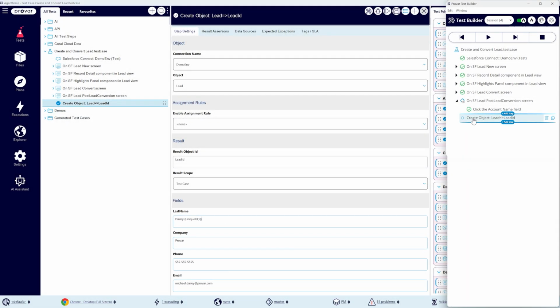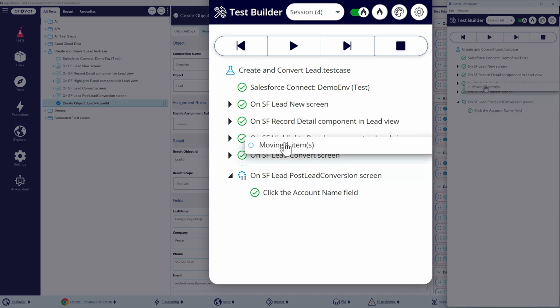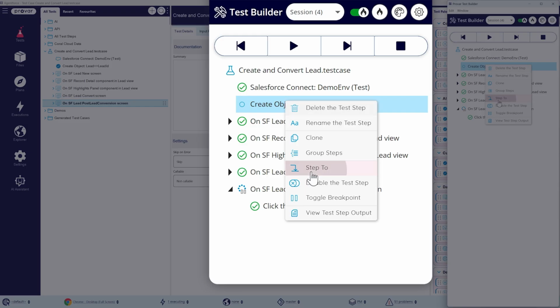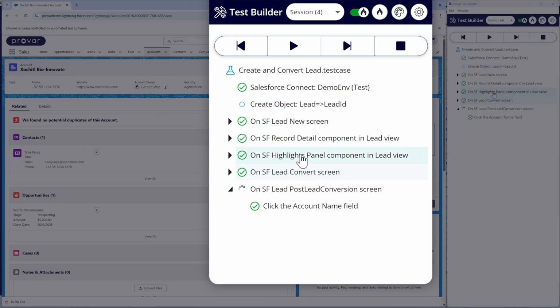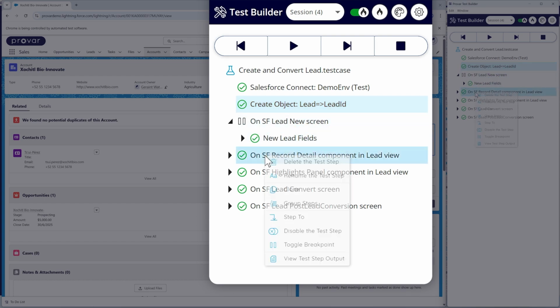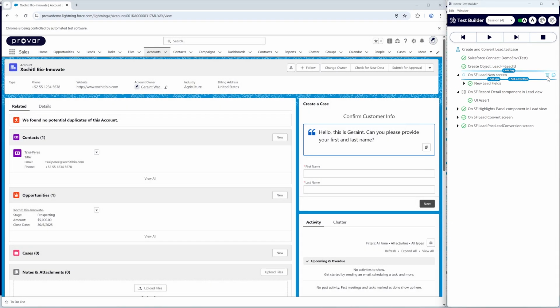Now we'll save this and we'll see it get added inside of Test Builder. So now we can drag and drop this to the beginning of our test case, and we can step to that step. Then rather than creating a lead through the UI, we've created it in a matter of moments through an API call. So now we can safely delete our new lead screen here. We'll go ahead and jump to the next section, and we'll just go ahead and get rid of this. So now we have a new lead that's being